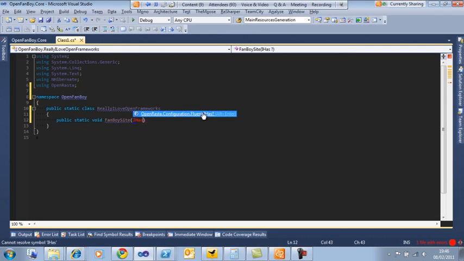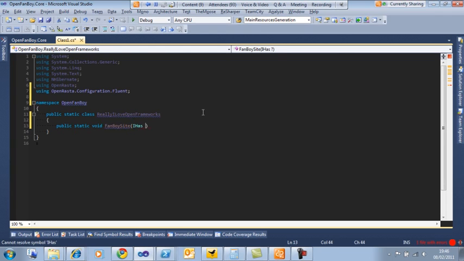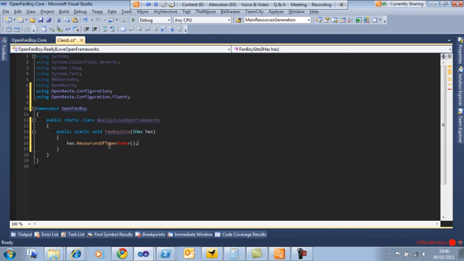I'm going to hook up from the Fluent registration that we all love and have I missed something there? There you go, we need to import the configuration namespace,